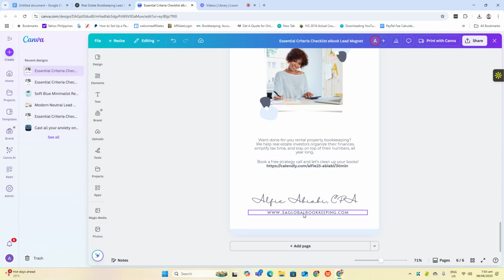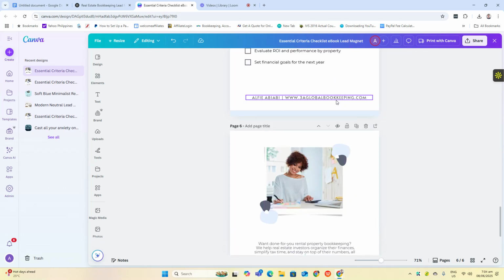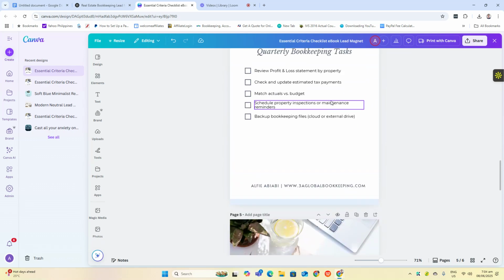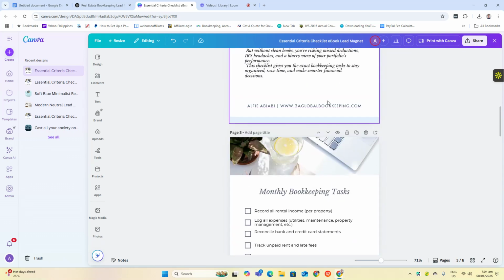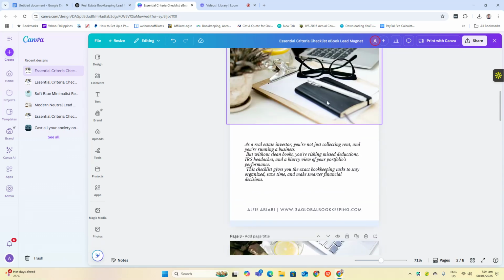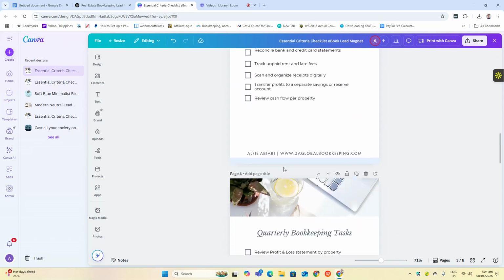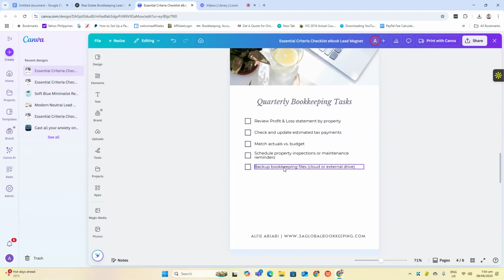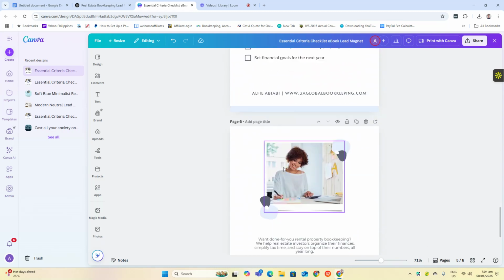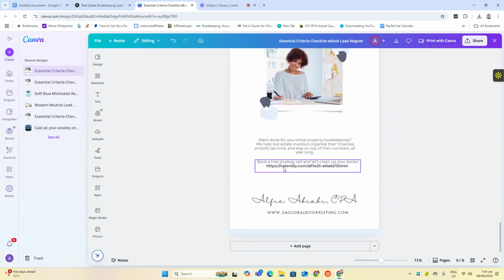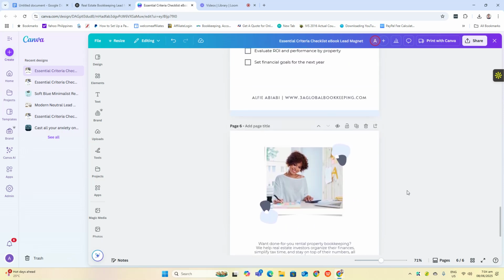I have the website 3aglobalbookkeeping.com. Okay, monthly. Okay. So you have your quarterly, your monthly, your year end, and then we have the last page.